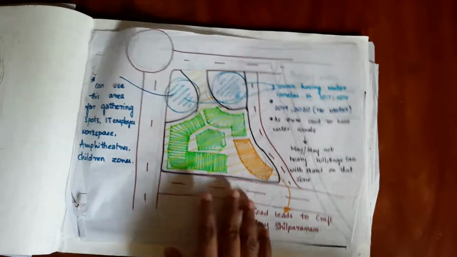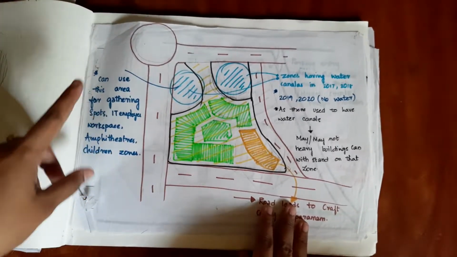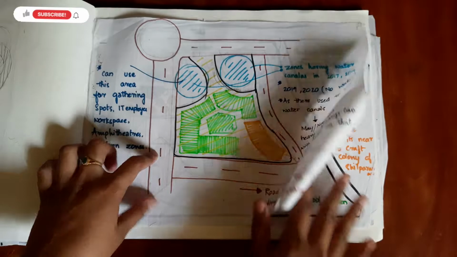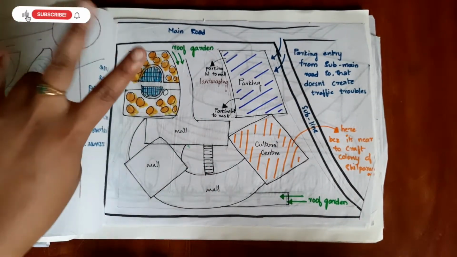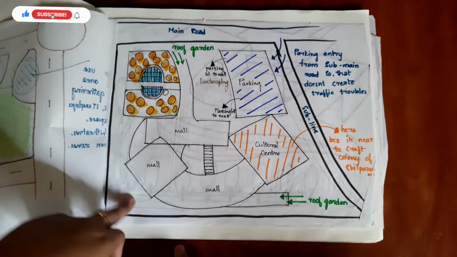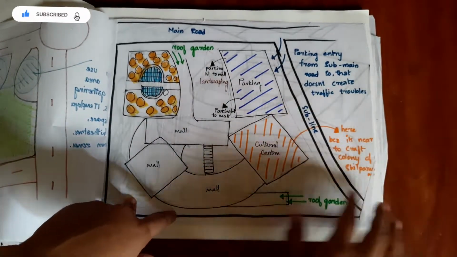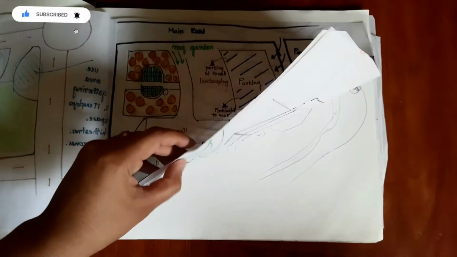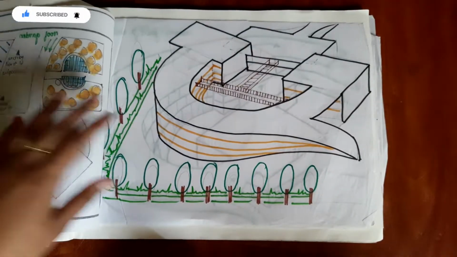After the concept got approved, I got into form development. This is my first work on form development, which is not approved, and this is the second development, zoning of particular spaces, so many rectangles, so many curves and all. This is the second one, and the view of that particular project is this.